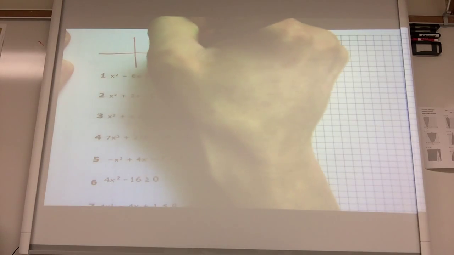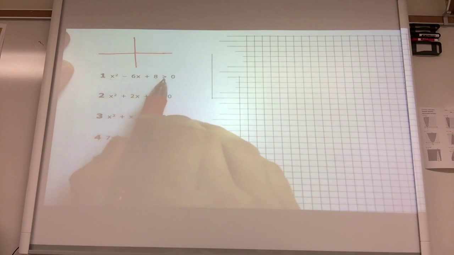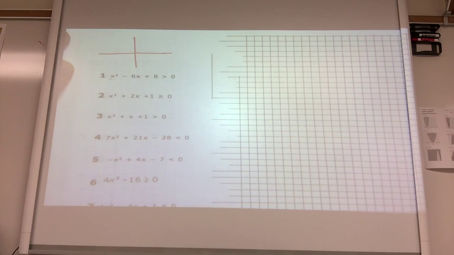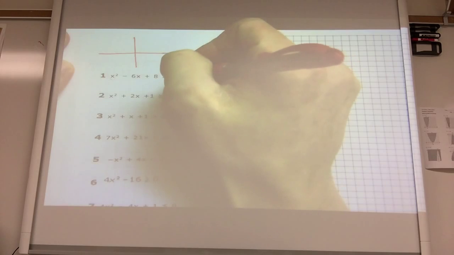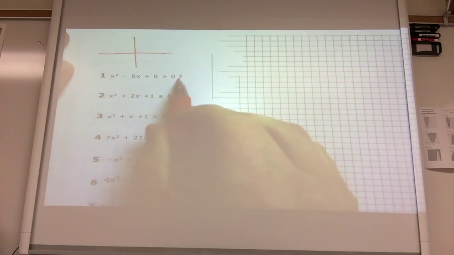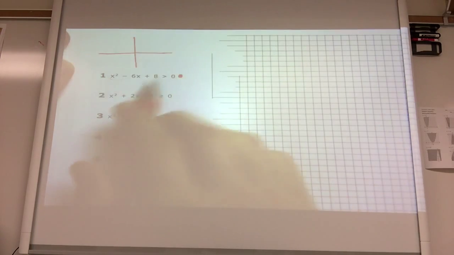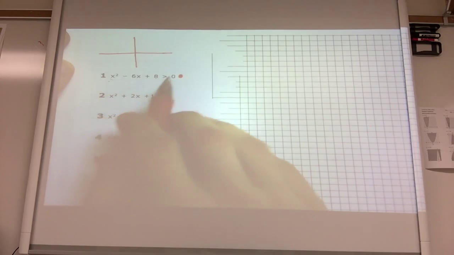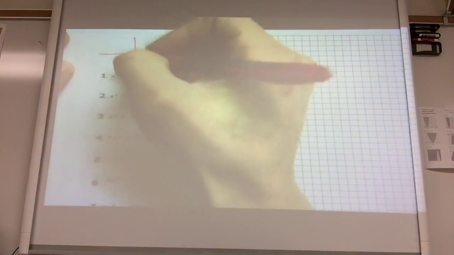So say this is my graph. Okay, now the question is, when is this inequality greater than 0? When is this inequality greater than 0? And say you're doing a problem like this and you have it equal to some other number, like when is that inequality greater than 8, then set it equal to 0 by subtracting the 8. But anyway, this question is just simply asking, when is this inequality greater than 0? So let me go ahead and graph it. You can graph it on your calculator, or you can just graph it